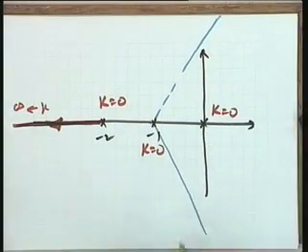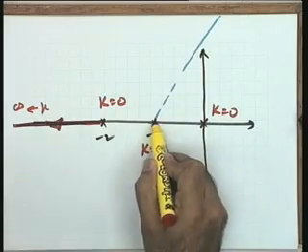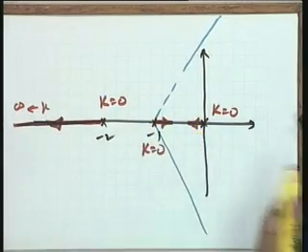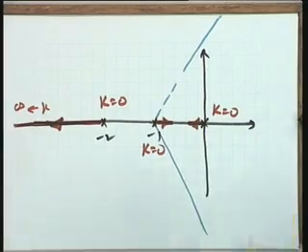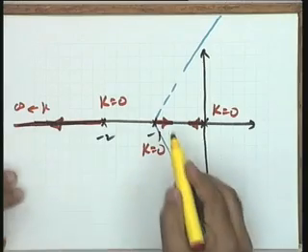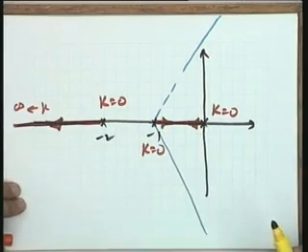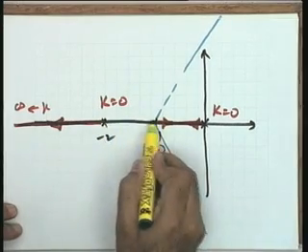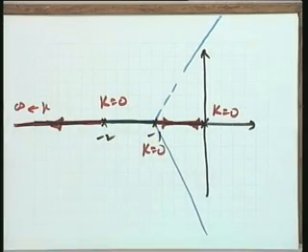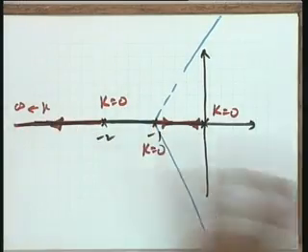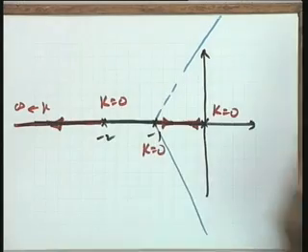Okay. Now the other 2 branches, you see, K is equal to 0. Naturally, when you start off with larger value of K, they have to go this way, because if you go this way it becomes unstable, and secondly, this particular segment is not a segment on the root locus. Look at the segments please. This total is a segment on the root locus, while this is not a segment on the root locus. So there is no other way actually that the 2 branches can start off. These 2 branches have to start off this way, because this is a segment on the root locus, and the green line is not a segment on the root locus because the total number is odd to the right of these points.